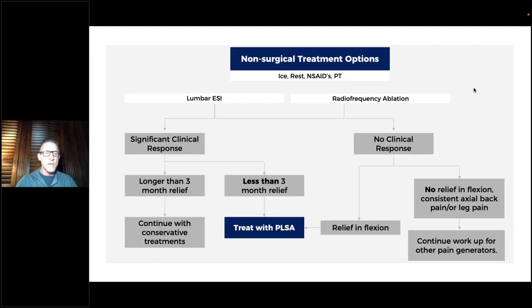But what I do know is that in my practice, if patients are starting to have a lesser return on effect of an epidural steroid injection, maybe it's not lasting as many months as it used to, or maybe it's not as effective as it was, those are already people I'm starting to think about. I've already done the RICE and all the PT and then non-steroidals, which you want to make sure you mention if you have a peer-to-peer, because if you forget that non-steroidal they're taking, boy, they'll just continue to deny you. But if somebody's not getting relief from the epidural injections any longer, they immediately start to move into a camp like this.